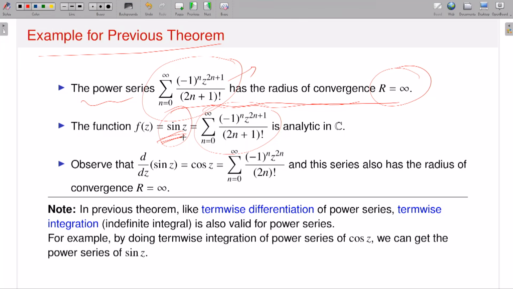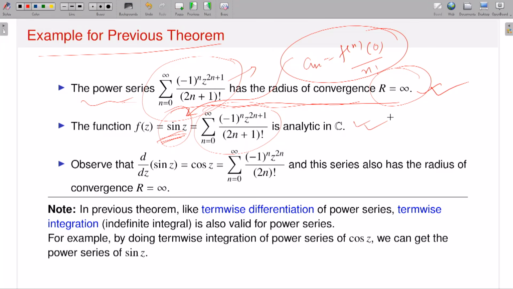There are many ways you can show that this is a power series. So what is the sum function? You just use the relation between the coefficients and the sum function: f^(n) at the point 0 divided by n factorial. If I calculate that, you will end up with the sine function, right? So the power series has radius of convergence r equal to infinity, and the sum function is the sine function.